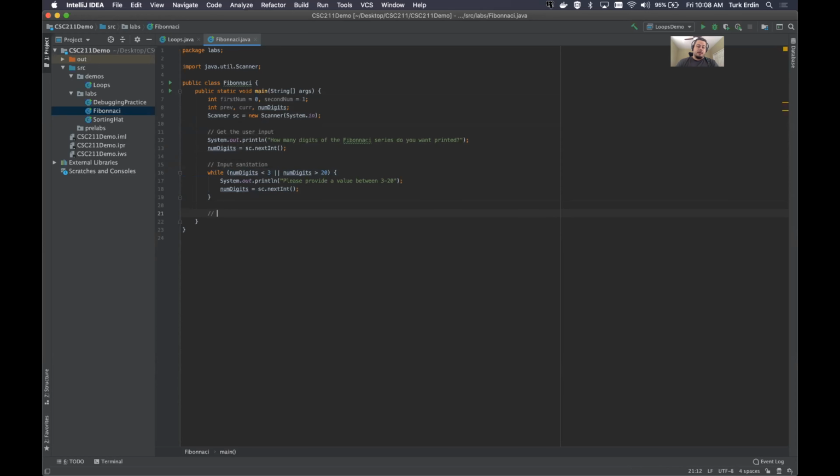And then core loop is what we're going to have next. So for int i equals 0, i is less than numDigits, i plus plus. So in this loop, I'll say previous is equal to 0, current is equal to 1. We're going to print out the first two numbers, 0 and 1. Obviously, you could just